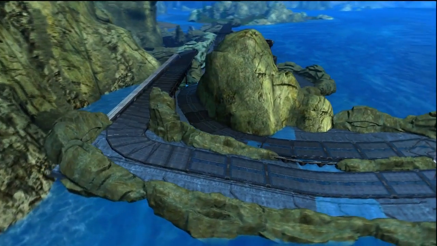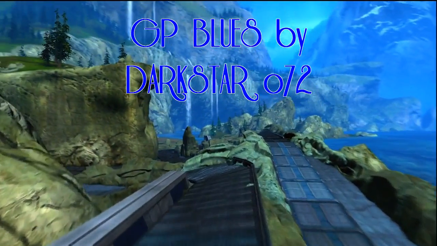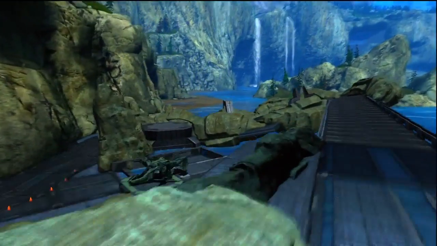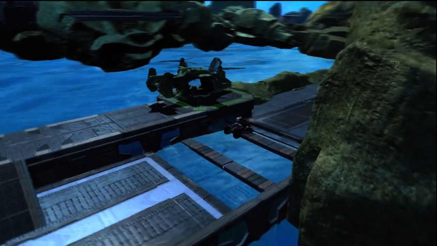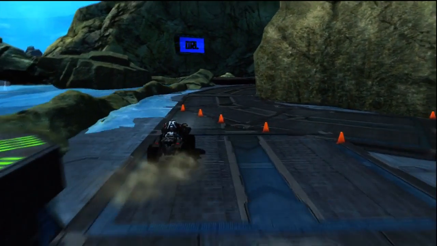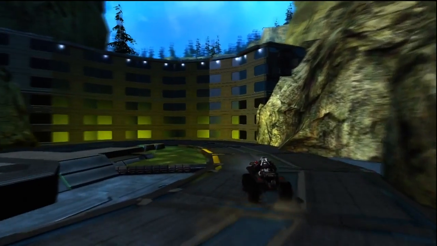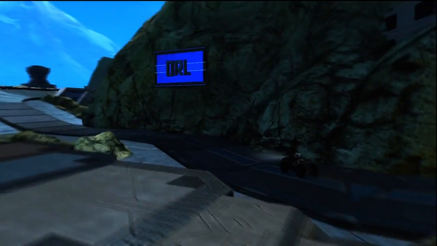This first map is called GP Blues, made by myself, Darkstar 072. This is a really fun, really competitive, extremely challenging Grand Prix track. It is the most recent one I've made. It's kind of the culmination of all of the things I have learned making Grand Prix tracks in the past. You know, how to make sections difficult and challenging, how to keep a race competitive, and this track is it,